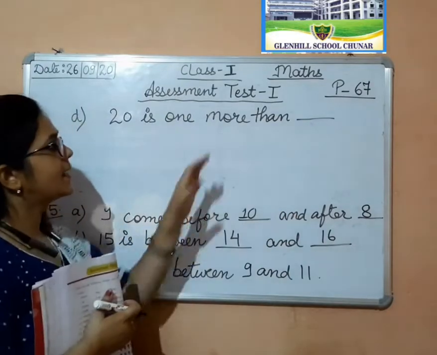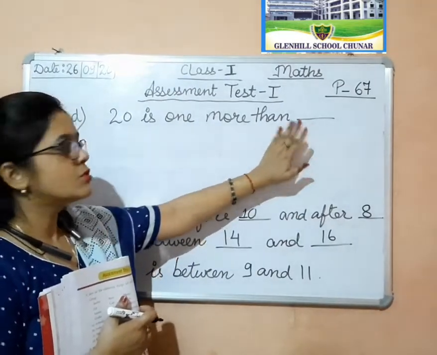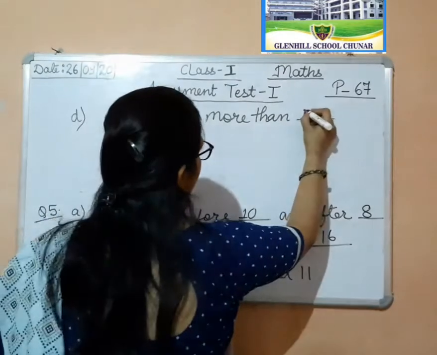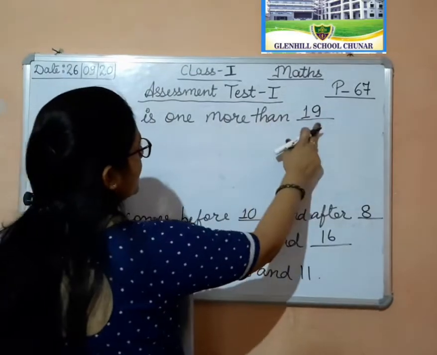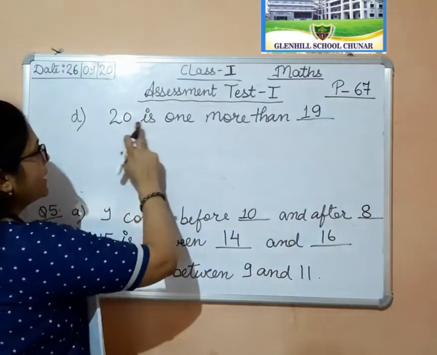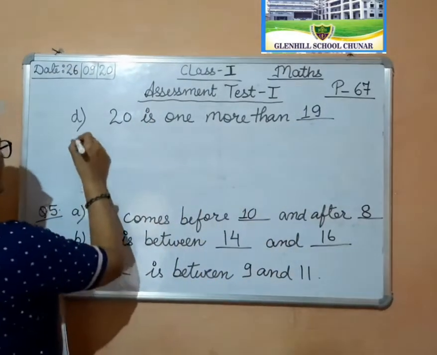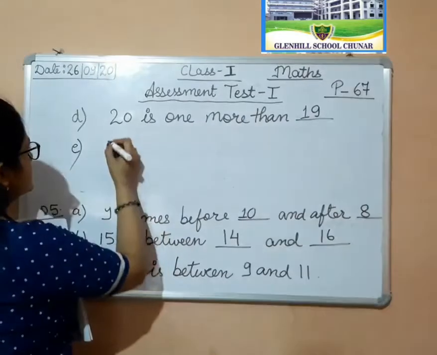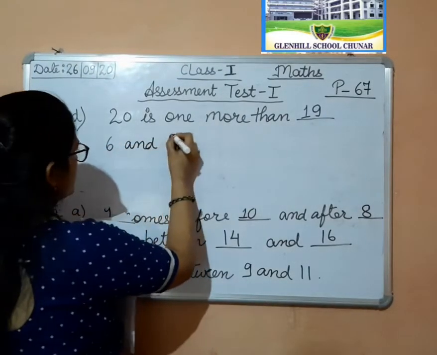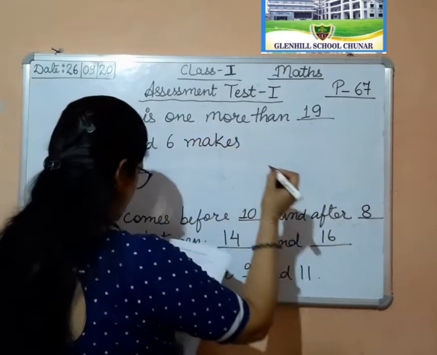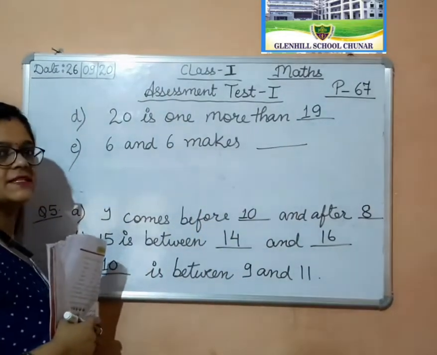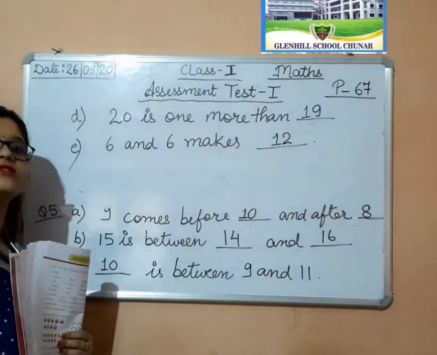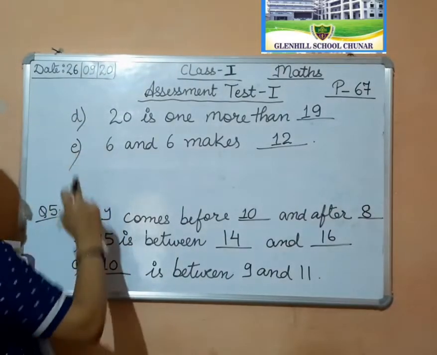1 more than कितना आप करोगे, प्लस करोगे 1, so answer will come what, 20। so tell me, yes, it is 19, yes, 19 means 1 more than 19 is 20। okay, 20 is 1 more than 19। now D, E. 6 and 6 makes what, 6 plus 6 आप करोगे तो क्या आएगा, it will come 12। okay, 6 and 6 makes 12। so write down A, B, C, D, E।